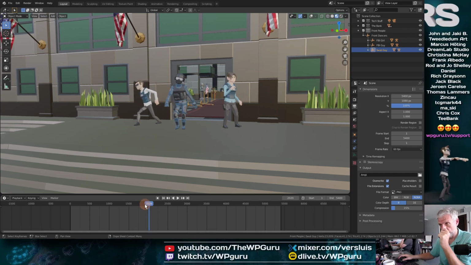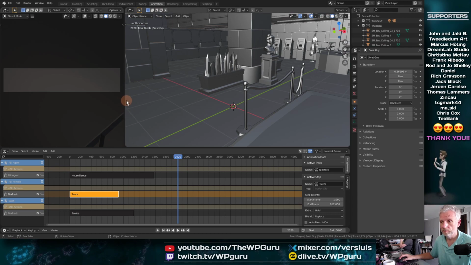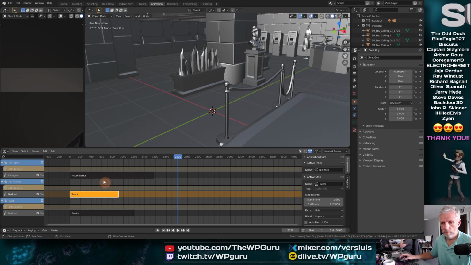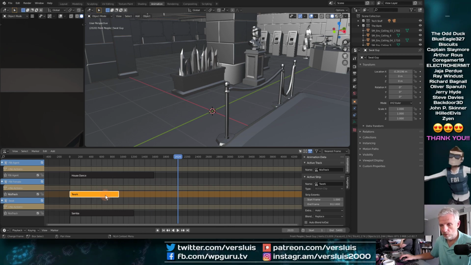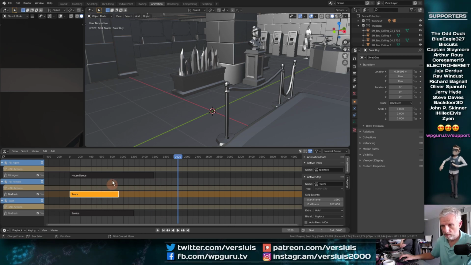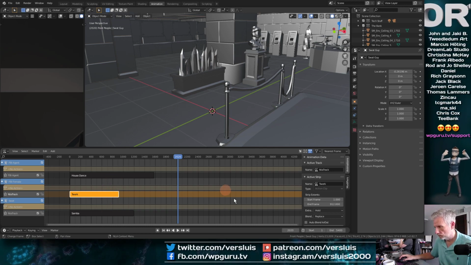So until frame 2000, let's make these guys dance. Under animation, to about here. That means we need the twerk 2 more times and the house dance and the samba just 1 more time. That's cool. Let's start with the twerk here.